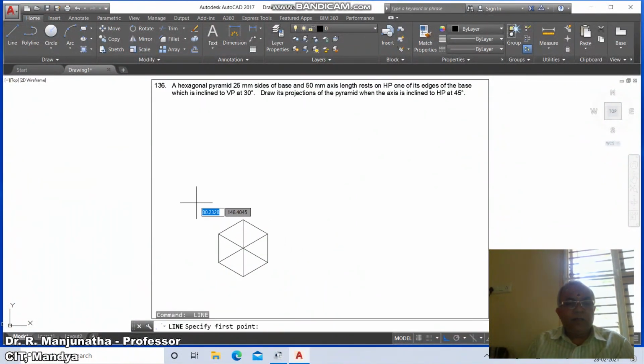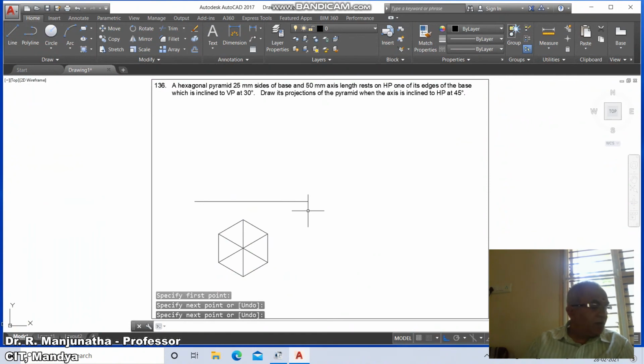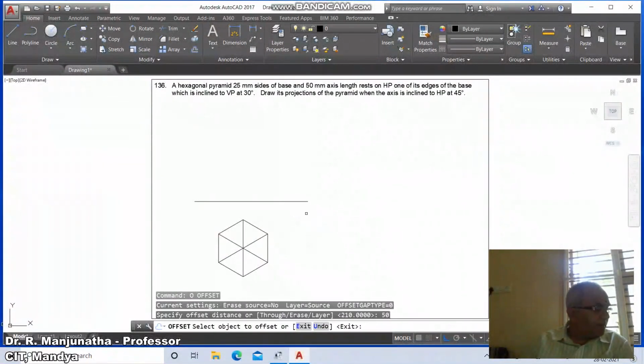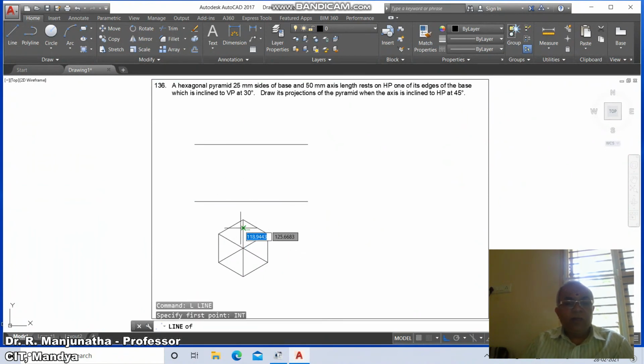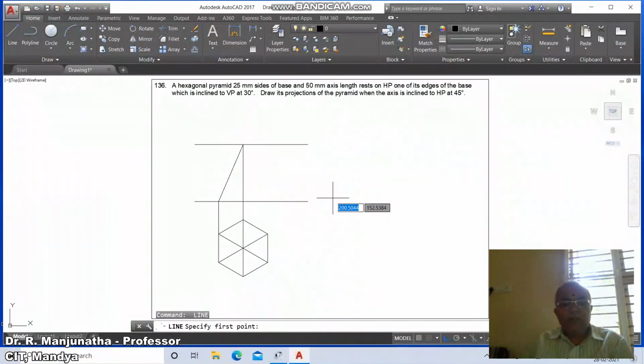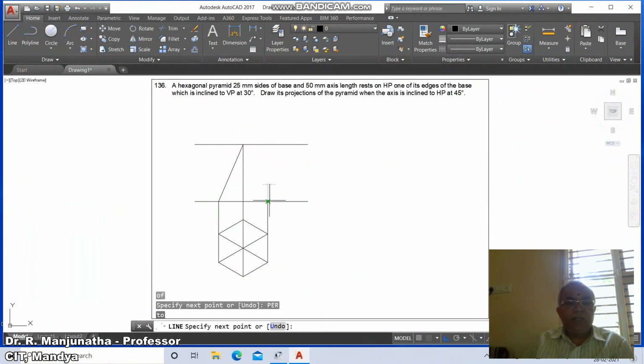Then go to line and draw a horizontal line and go to offset, take the distance as 50, select this line and offset here, then go to line, INT of this and take perpendicular to this, then go to line, take intersection of this and then perpendicular to this and take intersection of this, then go to line, INT of this and take perpendicular to this and then intersection of this, then go to break, select this line, take first point, INT of this, and go to fillet between this line and this line, between these two,